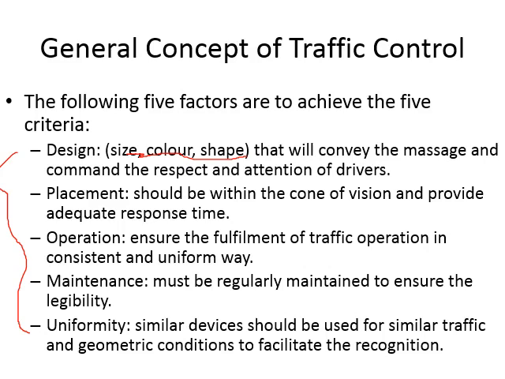Then placement of the sign. We talked about placing the sign in such a way that it is coming in the line of sight of the driver. We discussed the cones of vision for the driver. So we had the clear cone of vision and the fairly clear cone of vision. Signs should be coming within these cones of vision. They should not be far from the cone of vision of the driver, because otherwise he will not be able to see them. And secondly, with the placement, you place a sign so that the driver makes the proper response at a place where it is required.